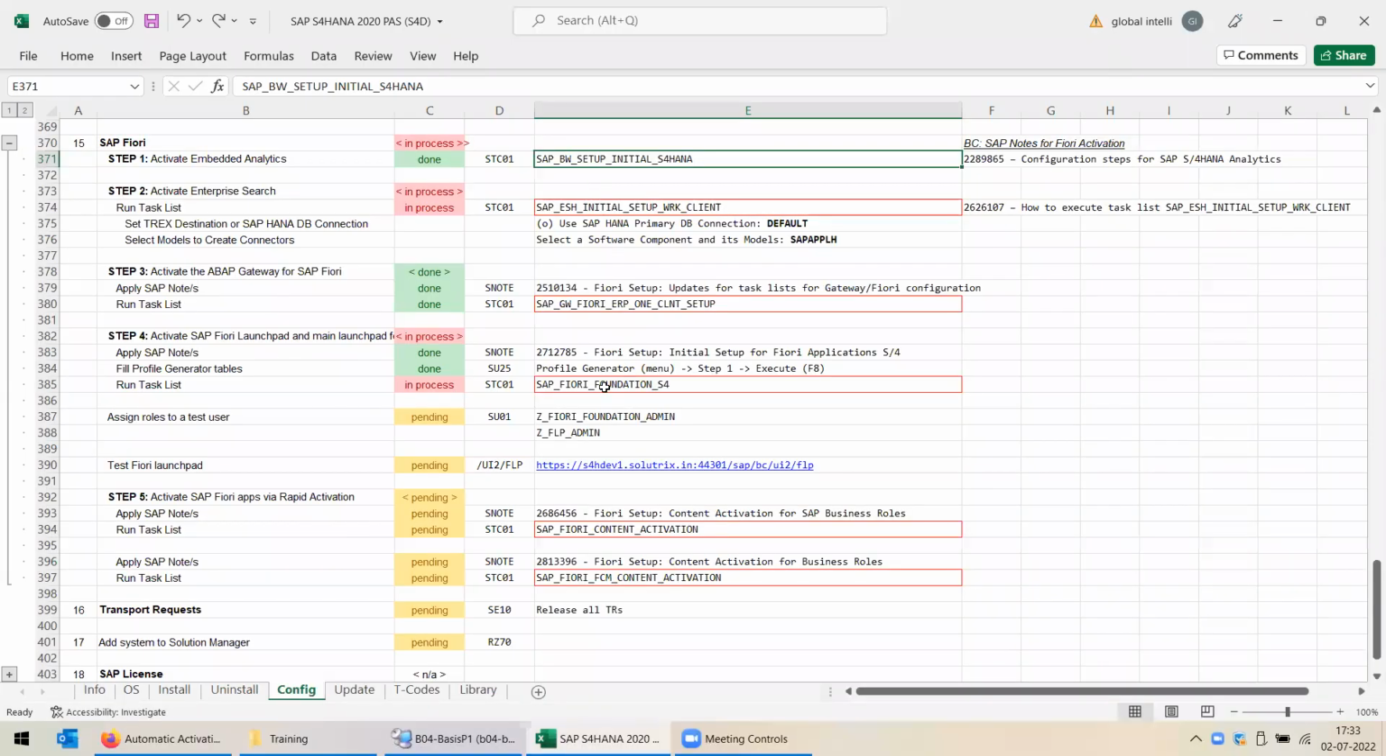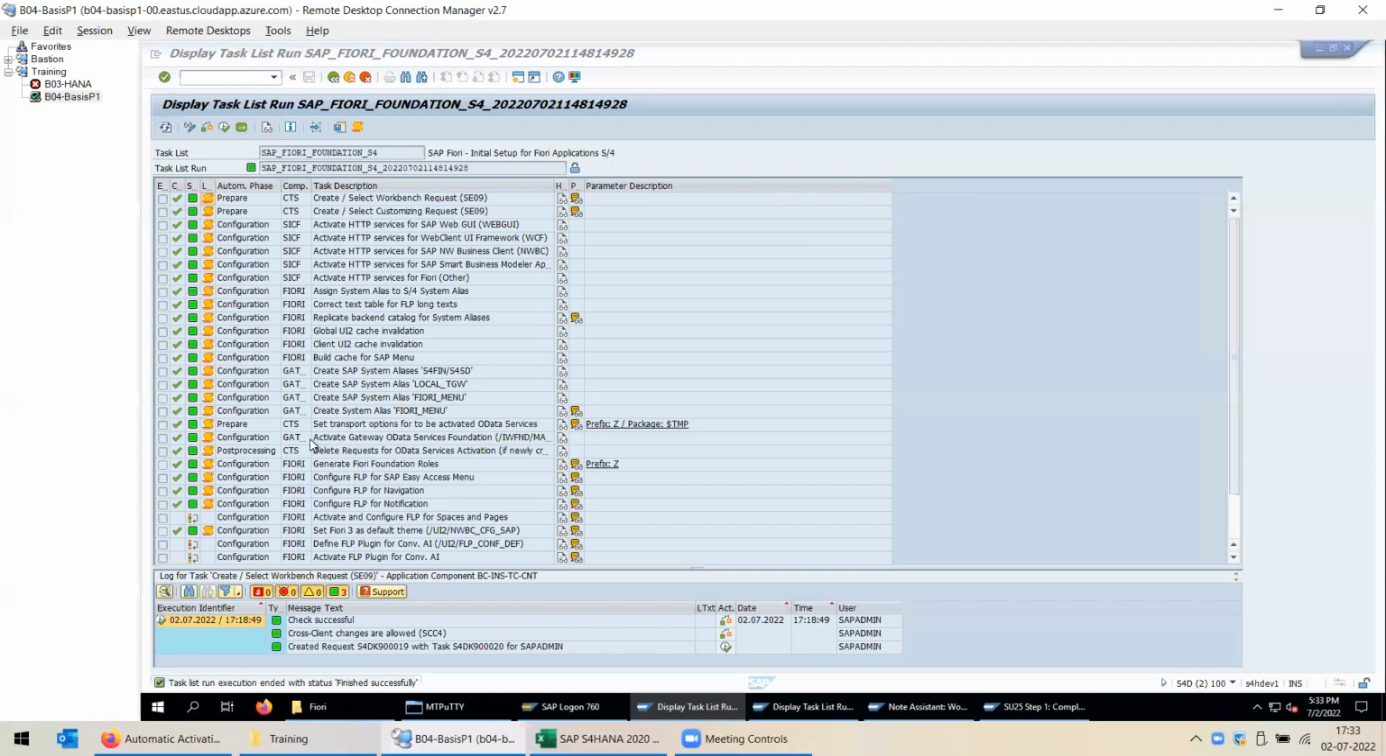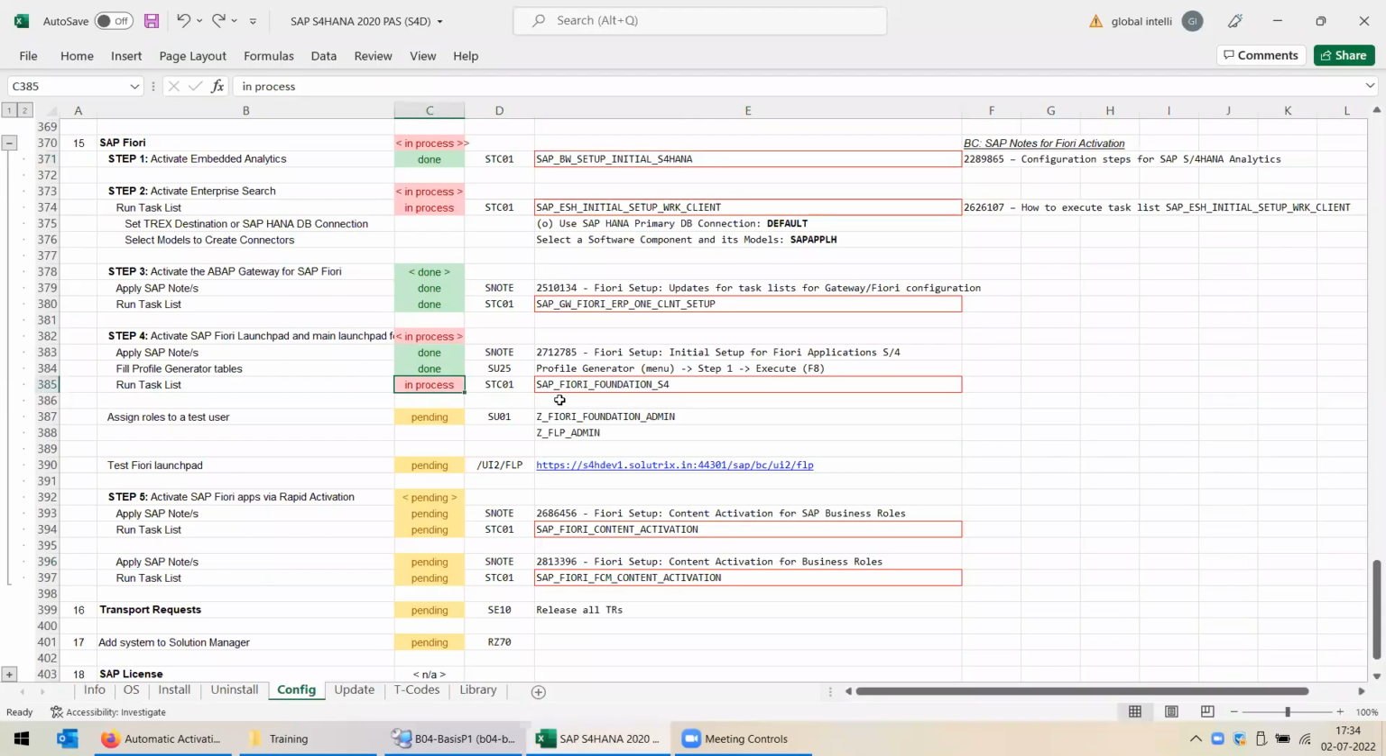Okay, now we have executed this. You can see our SAP Fiori Foundation S4 task list has executed successfully. This one from step 4 has executed successfully. Our fourth task is executed successfully. Now, before moving to the fifth and the last step, what you need to do is assign roles to the test